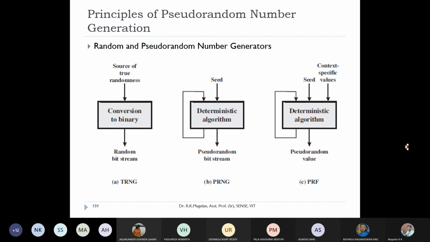Okay. So last class we completed our discussion regarding our DES algorithm, right? So today we move on to the next topic, that is principles of pseudo random number generation with respect to block ciphers. Okay, with respect to block ciphers, because last module we had a discussion about what do you mean by a